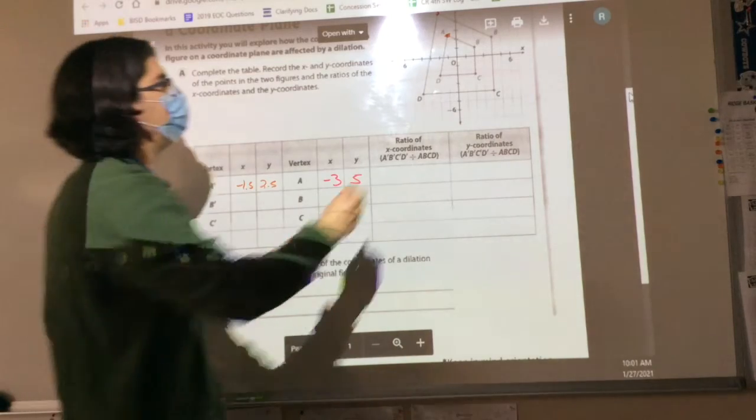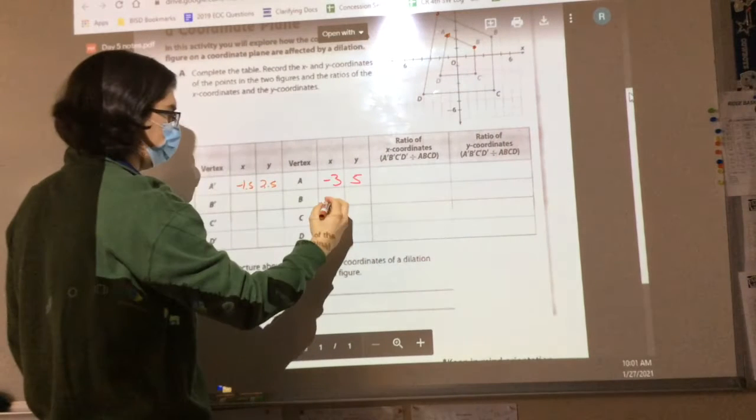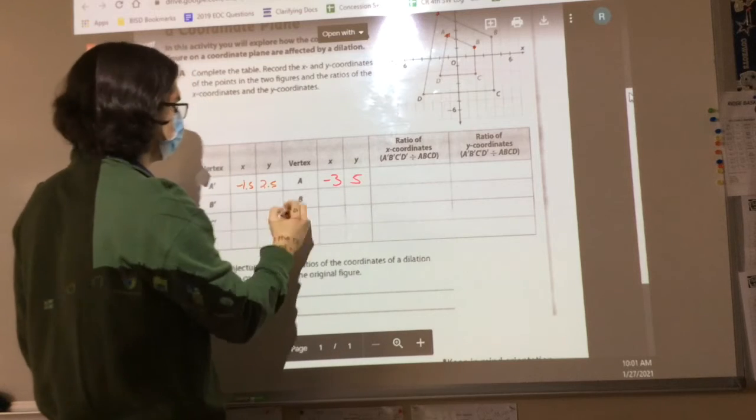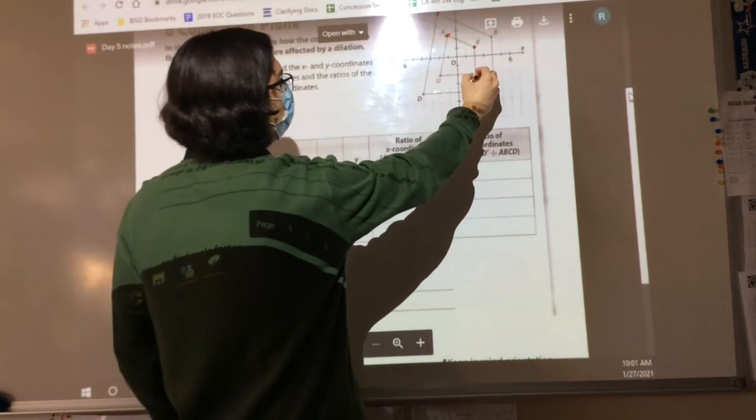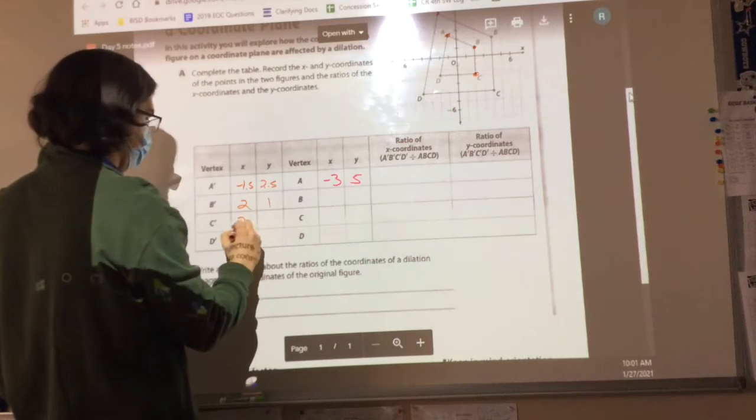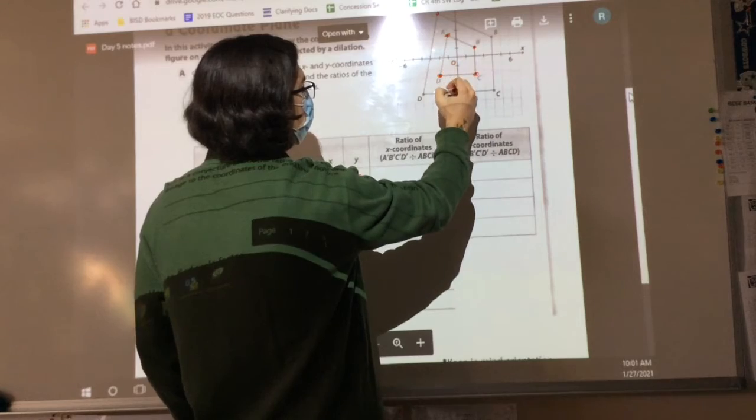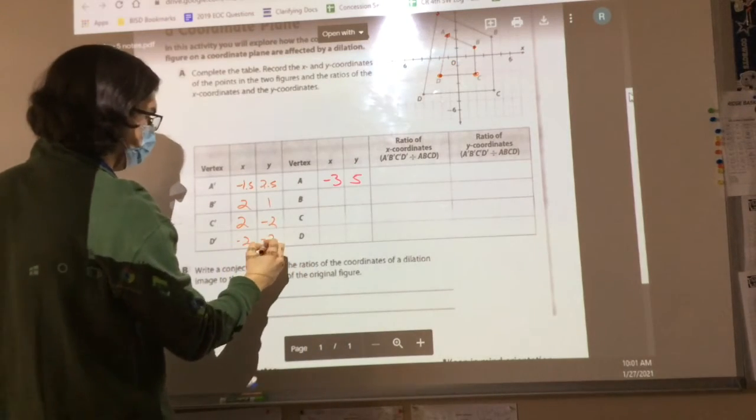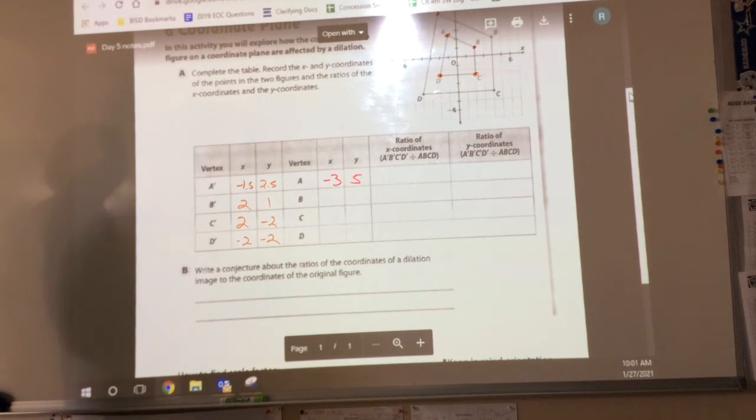All right, then I'm going to find B. B is going to be at 1, 2, 1. So B is at 1, 2, 1. No, that's prime. C, we're going to call that, is at positive 2, negative 2. And D is at 1, 2, 2, negative 2, negative 2. We're all okay with how I'm filling these out? Everybody good there? All right, now we're going to go over here and we're going to do the other ones